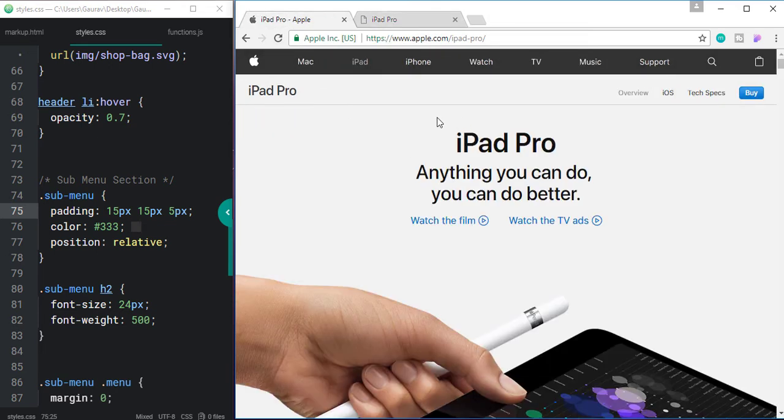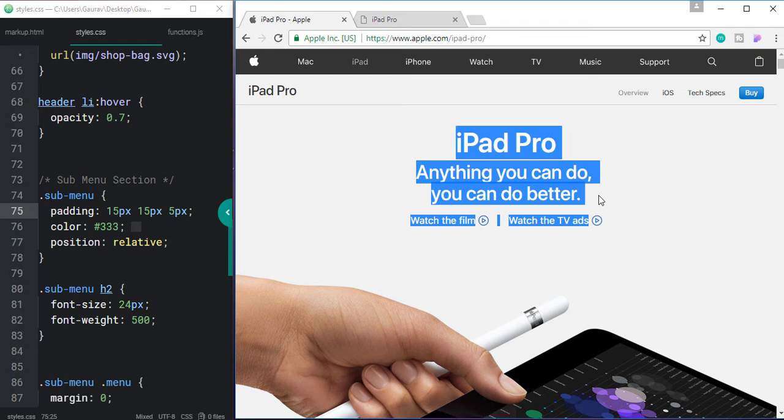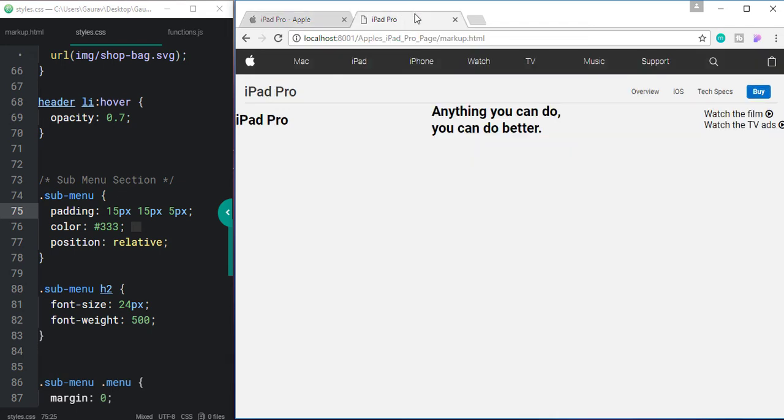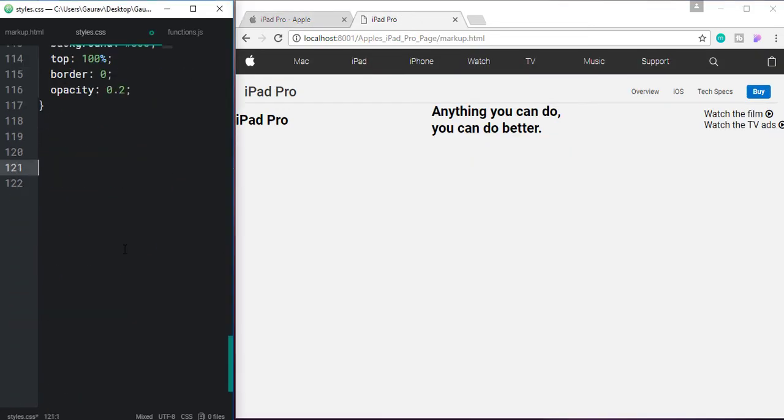So now let's move on to building this product description section. So let's add a comment first here, product description.